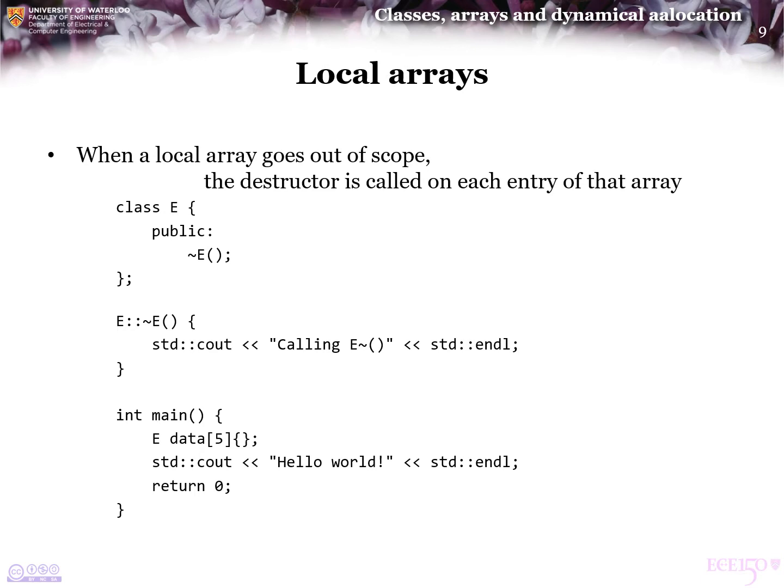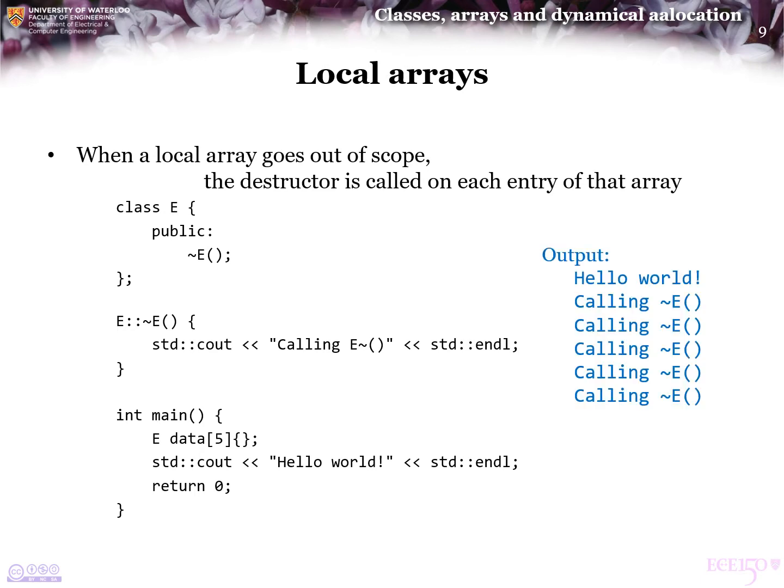Consequently, inside the main function at the bottom, we have an array of capacity 5, just to indicate that nothing happens until the end of the function. We're going to print hello world, and then we will end the function main, in which case the array will go out of scope. Once that array is going out of scope, we will call the destructor 5 times,